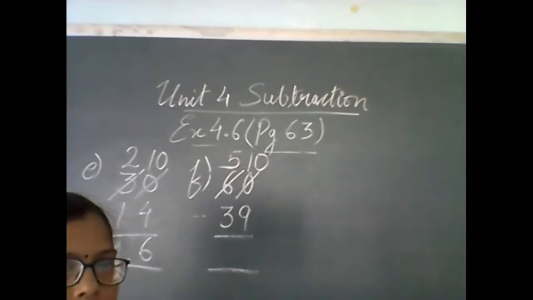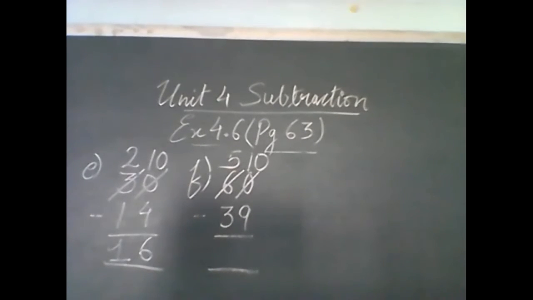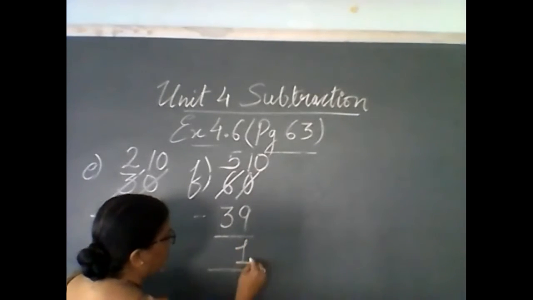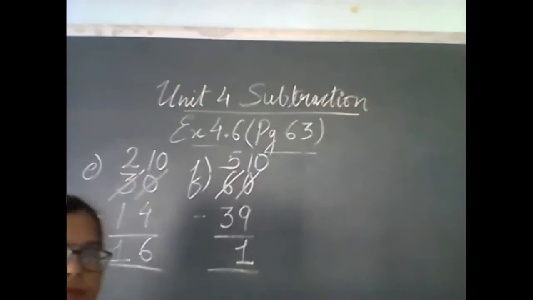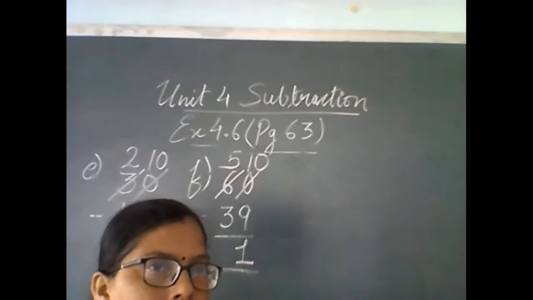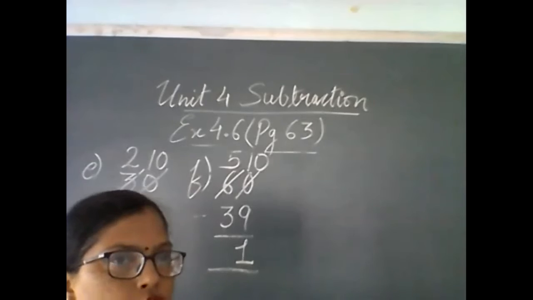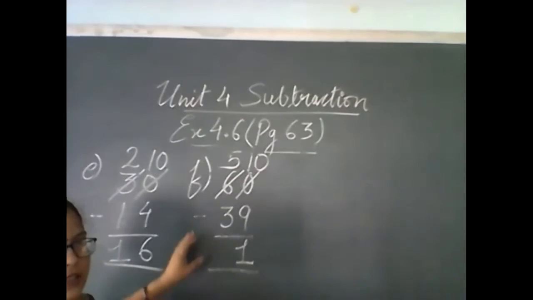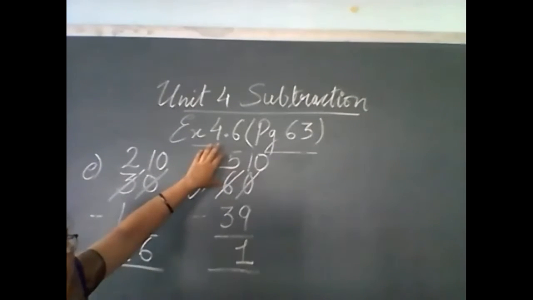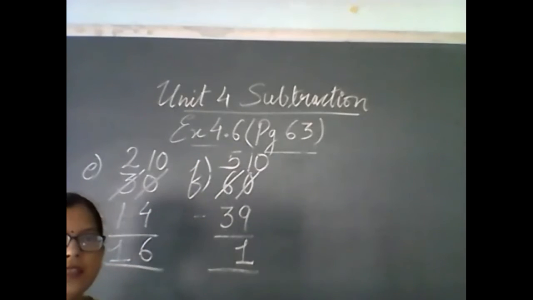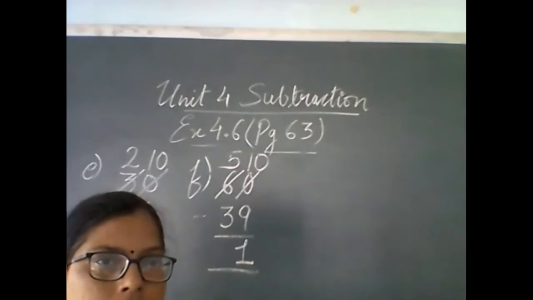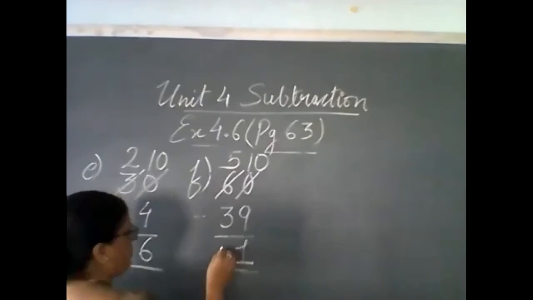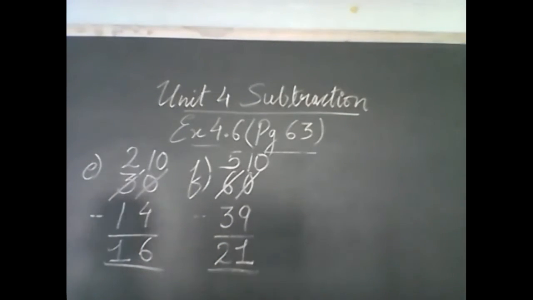Ananya Dubey, second E. 10 minus 9. What will be the answer? Count on your fingers and tell me. Yes, very good. 10 minus 9, the answer is 1. Now, Priyal Singh, roll number 36. Show me your fingers. What will be the answer if you take away 3 from 5? 5 minus 3 is 2.